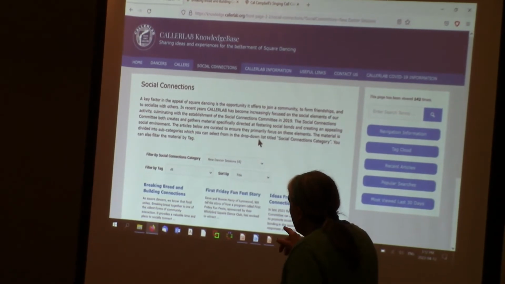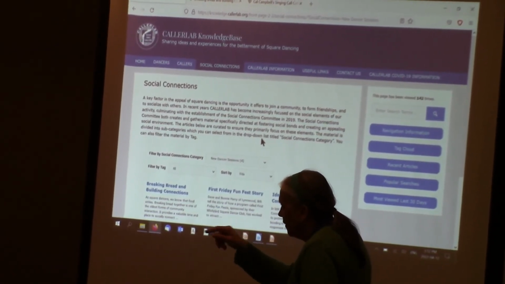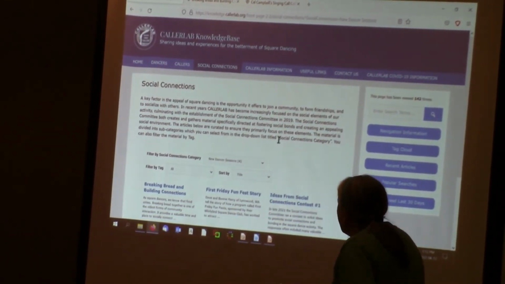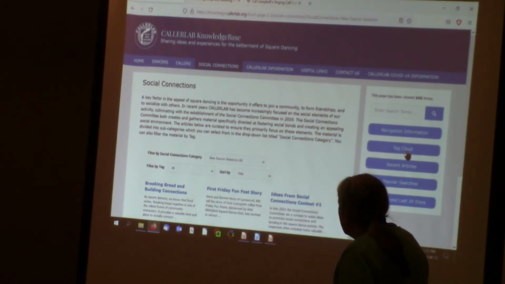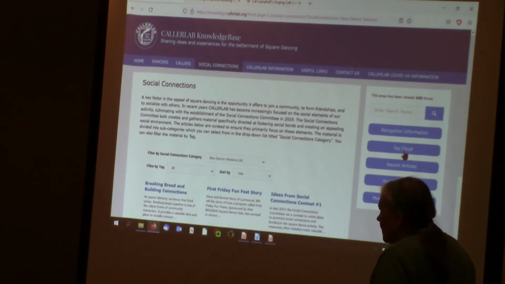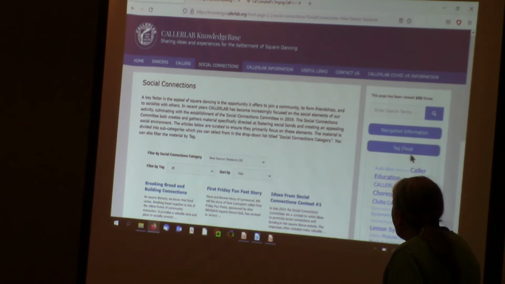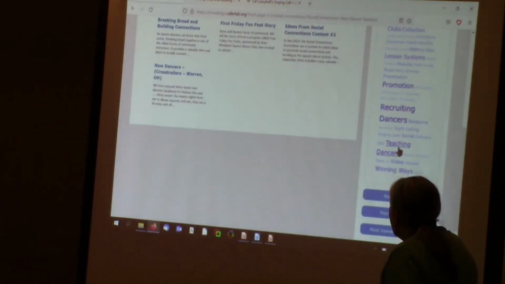Since we're here, we can navigate from here to the other ones, to mine. Yes, we can. Okay, let's see how we might find it. Which one do you want? The teaching resource? The one in front is the teaching resource. So let's suppose that you were looking for the online teaching resource. You could go to the tag cloud and look for teaching dancers.